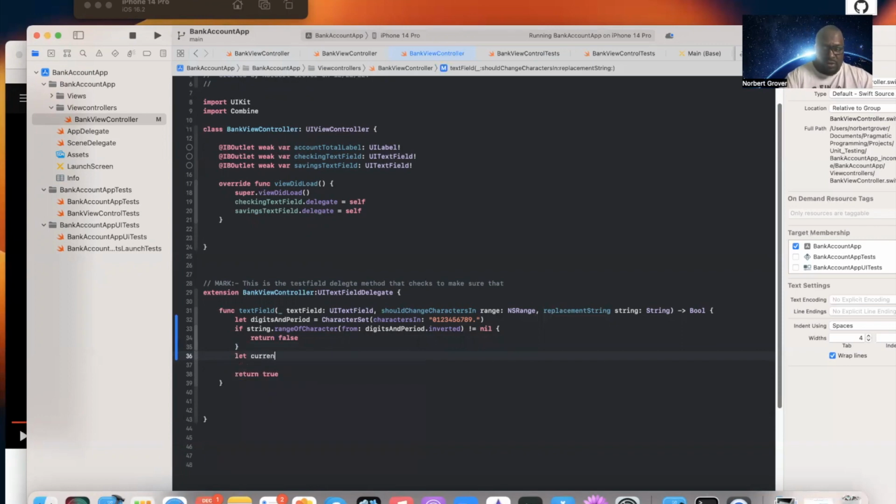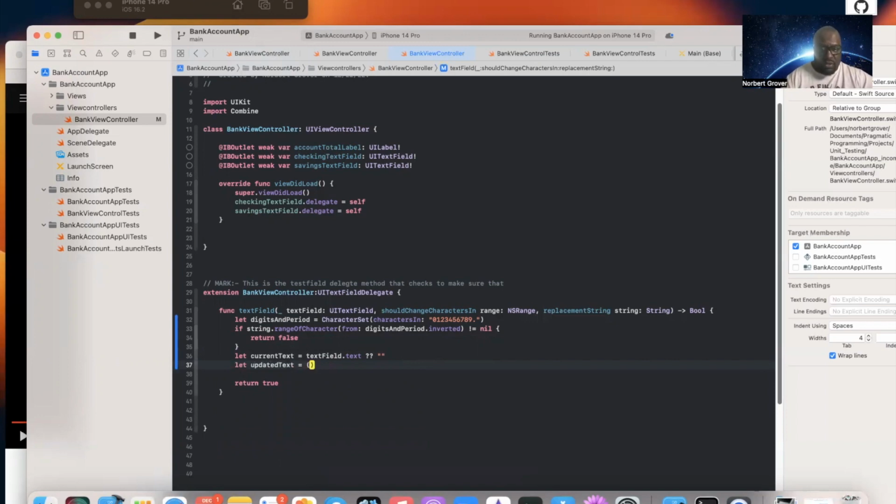Let currentText equal textField dot text, and if it's not there, then empty string, and we already covered the two question marks. Okay, and we'll say let updatedText